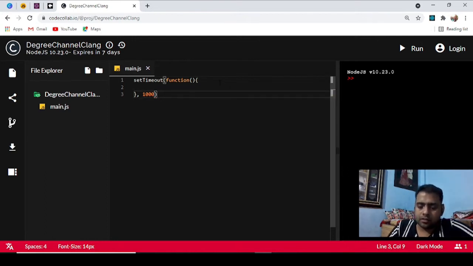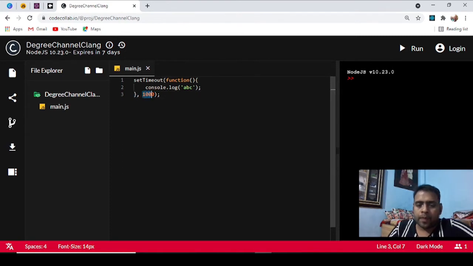Okay, let's do it. Here we will use console.log, and we can print on the console. So if you see, I write setTimeout, and in this I write a function, and here after a comma this is 1000.